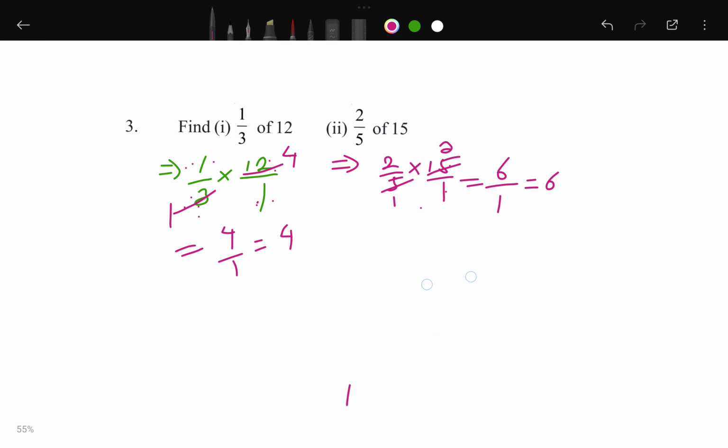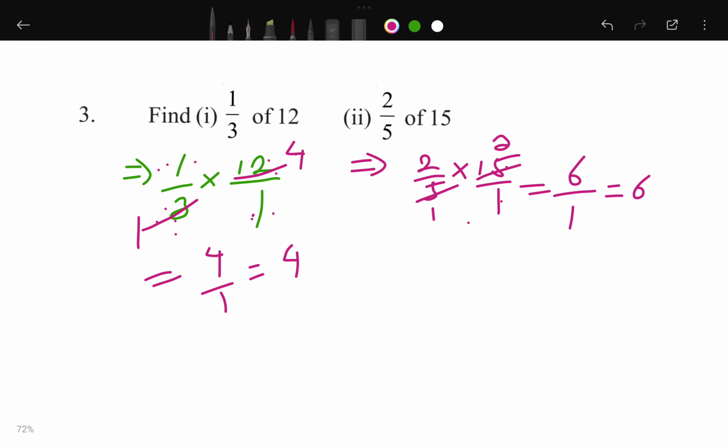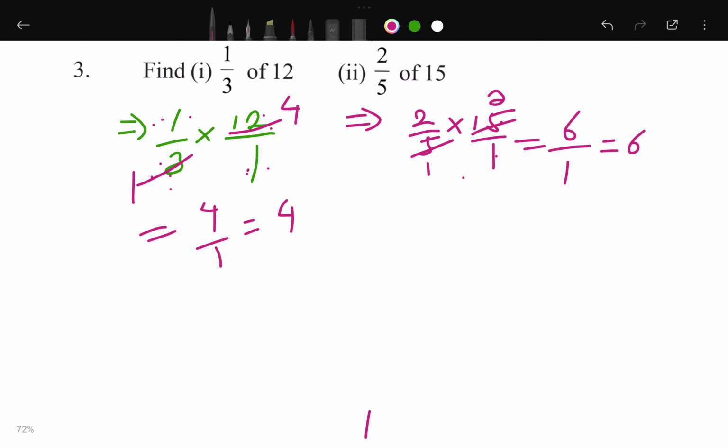Okay, so I think this question is clear. Okay, so this exercise is finished here, and I hope this exercise is clear and you will not have a single doubt in this one. If you have any doubt in this exercise, please tell me, don't worry about it, and we will see it